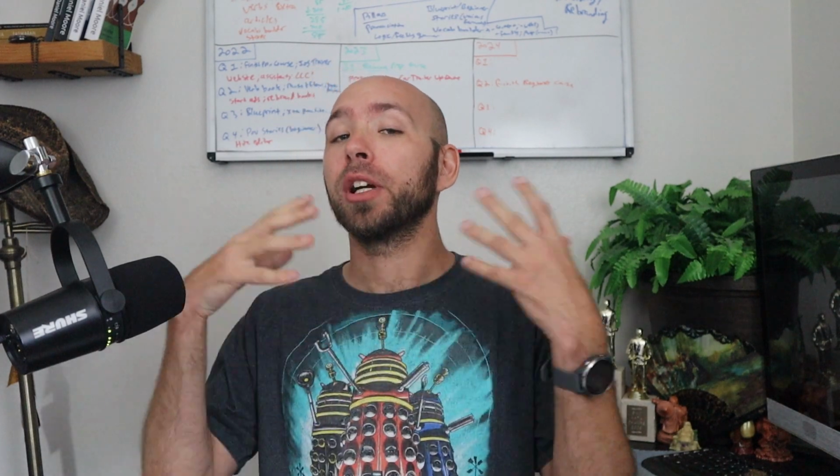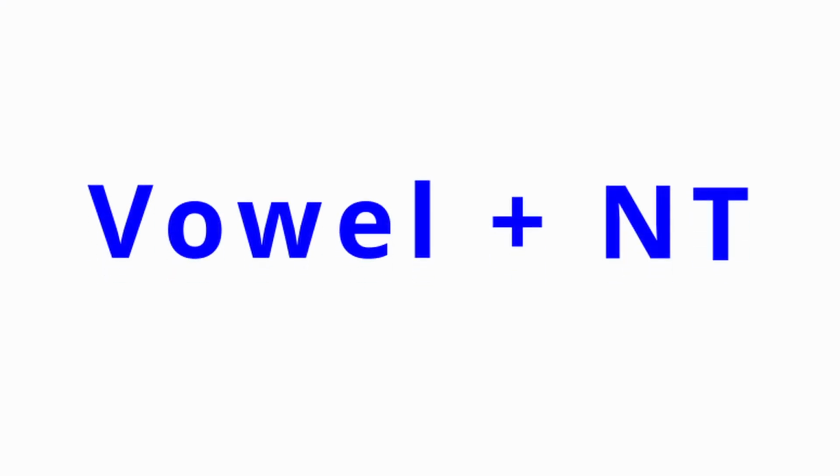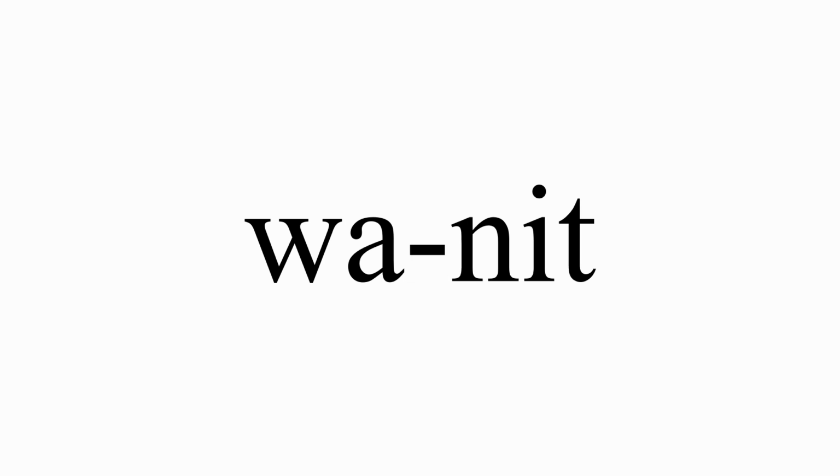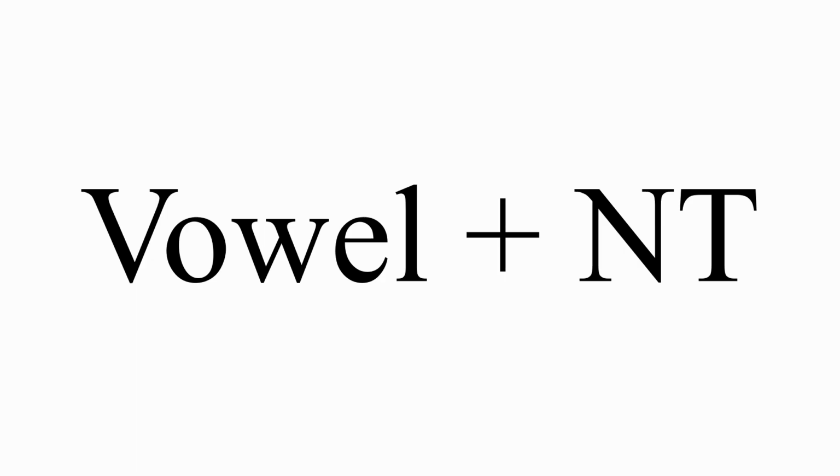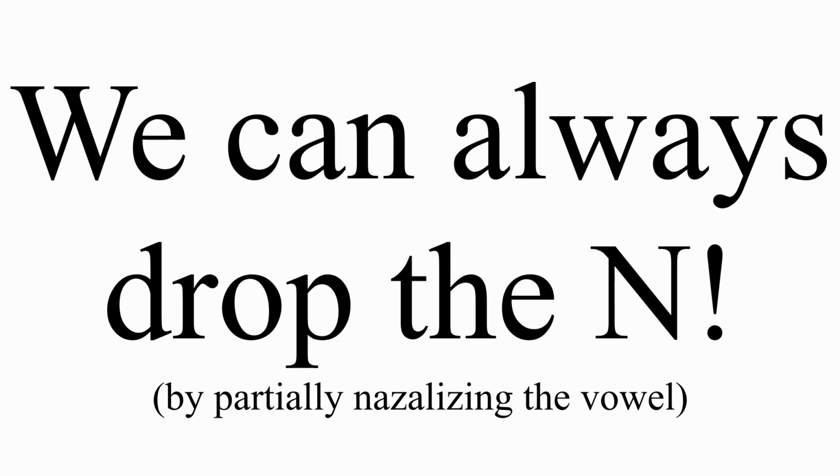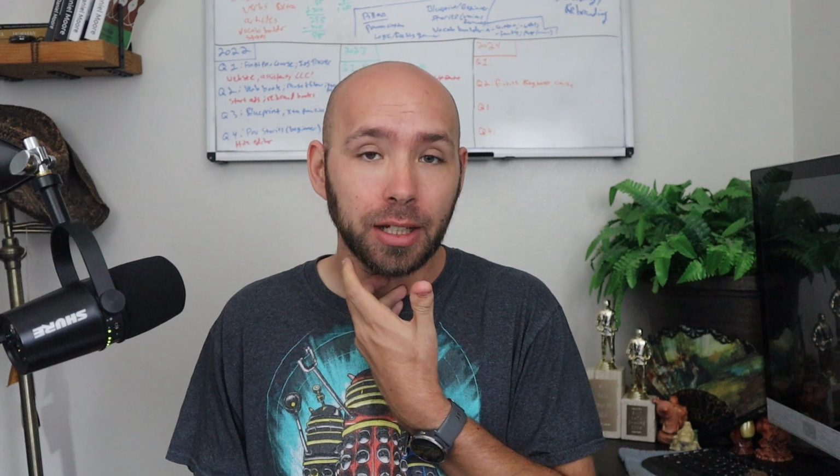Now this is actually part of a bigger pattern that we can categorize as vowel plus NT. In the past, we've talked about the NT plus vowel rule, where, say, if we say want and it, you can drop the T, the N will link to the vowel, and we say wa-nit. The vowel plus NT rule is completely different. It has nothing to do with that. Okay, just because we have a vowel and an NT, the order is different. Vowel plus NT is a pattern where we can always drop the N. Now you can push out the T as a T, you can glottalize it and do a glottal stop. Either way is fine, but the N never has to be physically produced as long as you partially nasalize the